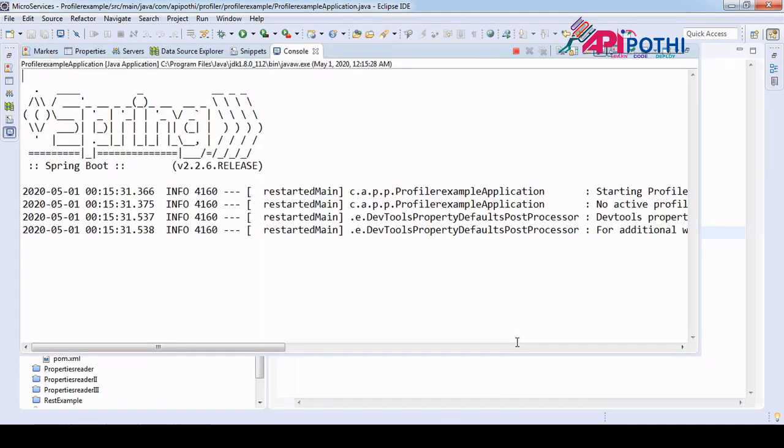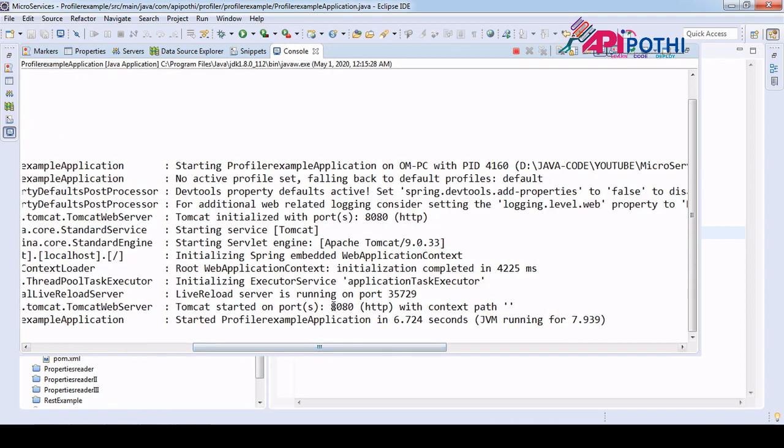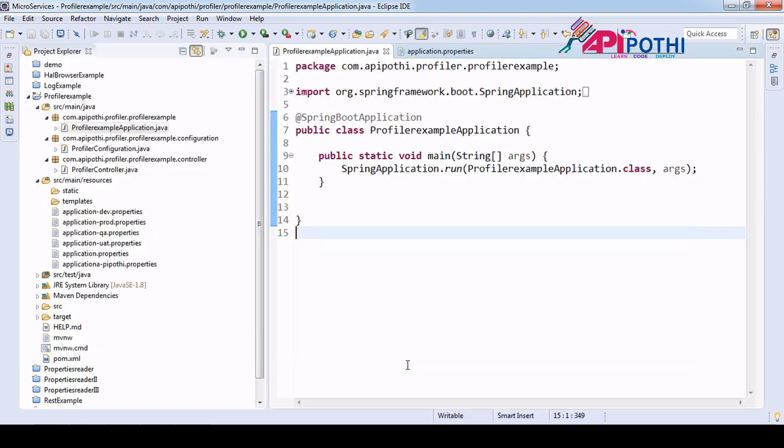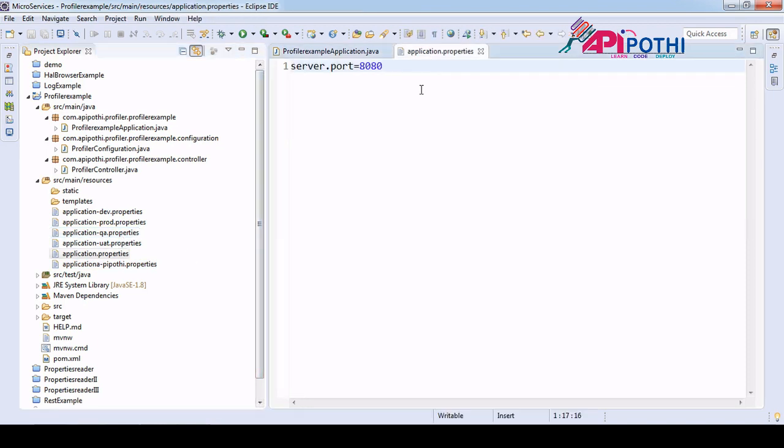and only the default profile is active. The reason is we have created the files, but we need to enable or set the profile. See, it is running on 8080 and it is saying that your profile is not yet set. Though we have created different kinds of properties files, we still have to tell Spring Boot to read a particular application file. So for that you have to go into your application.properties file, and inside it you have to activate the profile. So for that spring dot